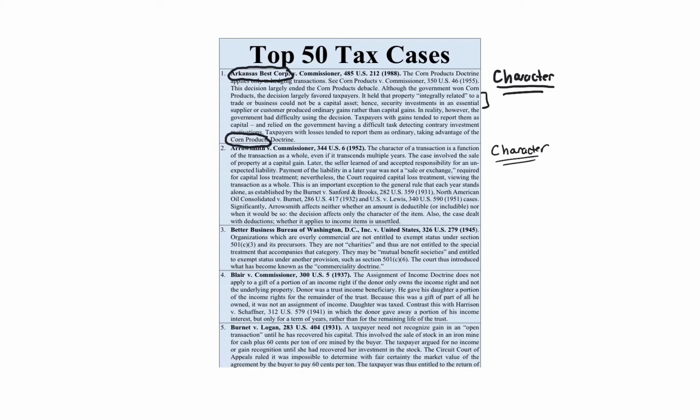So the policy behind 1245 is that you're trying to match the characterizations because ordinary of ordinary, capital of capital, same idea. So you don't get a benefit, an ordinary deduction, and then get a tax benefit of being taxed at a capital gains rate, which is generally historically a lower rate. Now, of course, we can't match the exact rates because rates change every few years, right? If you look at the history of the income tax, the ordinary income tax rate at one point was 96%. Is it that today? No. So rates change all the time. We're not going to be able to match the rates identically, but the idea is at least of characterization, you can try to match those up.